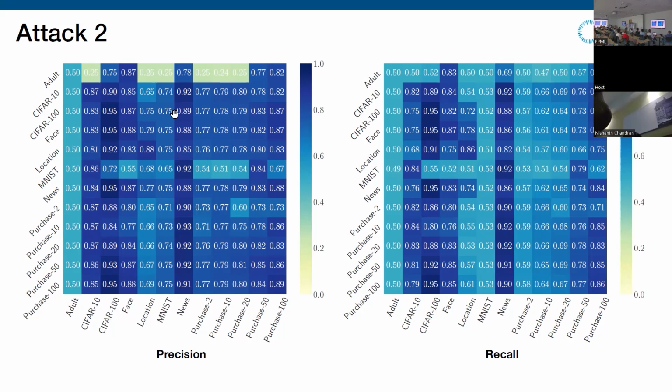However, this is not really the final solution because this is only a demonstration. You see, on these two heat maps, not everything performs well. It's not like you can transfer anything. In many cases they have light colors, which means the attack performance is not good. So if one day you give me a model, I don't know which shadow model, which shadow data set I should choose to attack the model. I only know that using some things might work, but I don't know which one to choose.